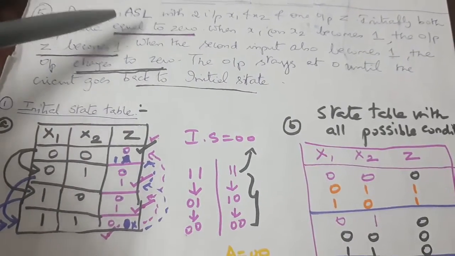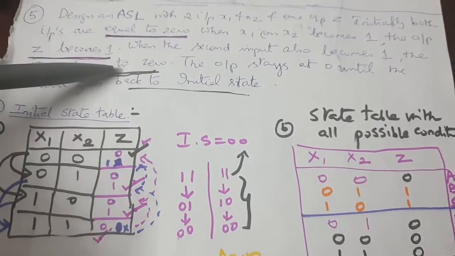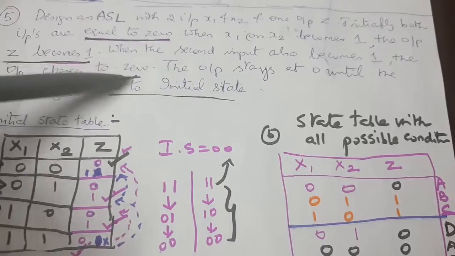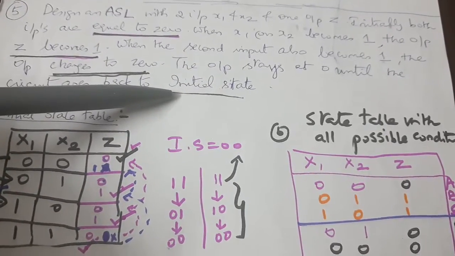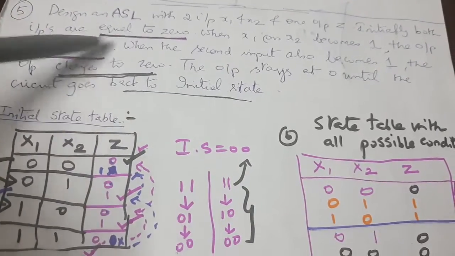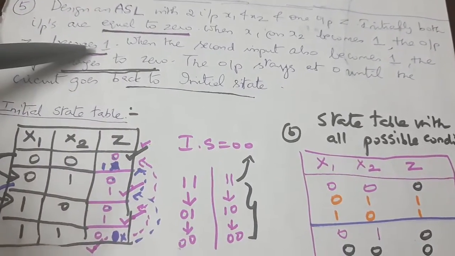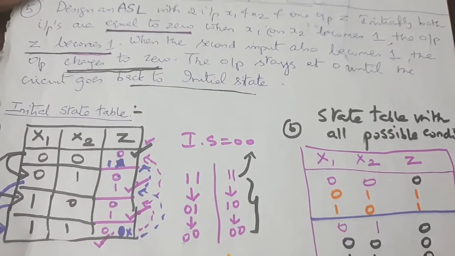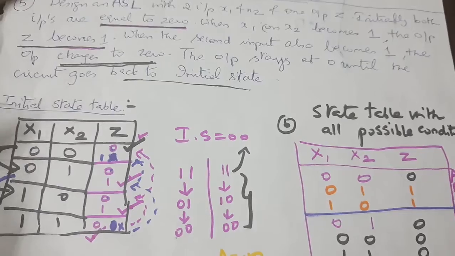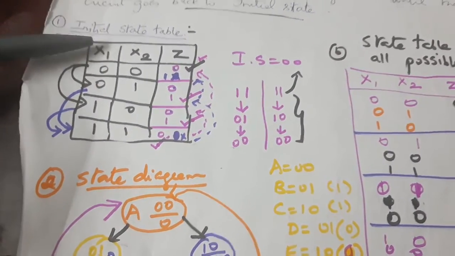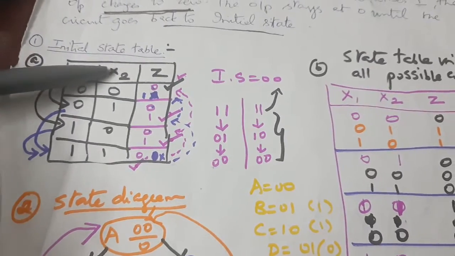So initially it was 0, then it moved to 1, then it comes to 0 whenever you change your inputs. The output will stay at 0 until it goes back to the initial 0, 0 condition. The underlined parts are the important hints in this problem statement. First we will write down the flow diagram to represent these conditions. We can call this flow diagram the initial stable state. In this, there are two inputs x1 and x2, and one output z.